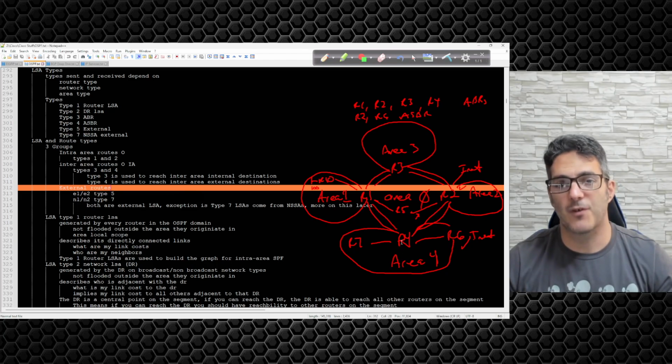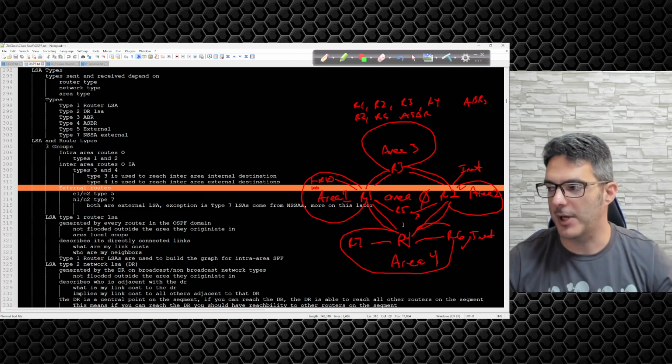When it gets to R4 and it gets propagated into area 0, router 4 will then generate a type 4 LSA to the rest of the network because he's an area border router and he has an inter-area connection to an external destination. That's how the difference comes into play. So if you're in area 1, 2, 3, or 0, and you want to get to something over here,